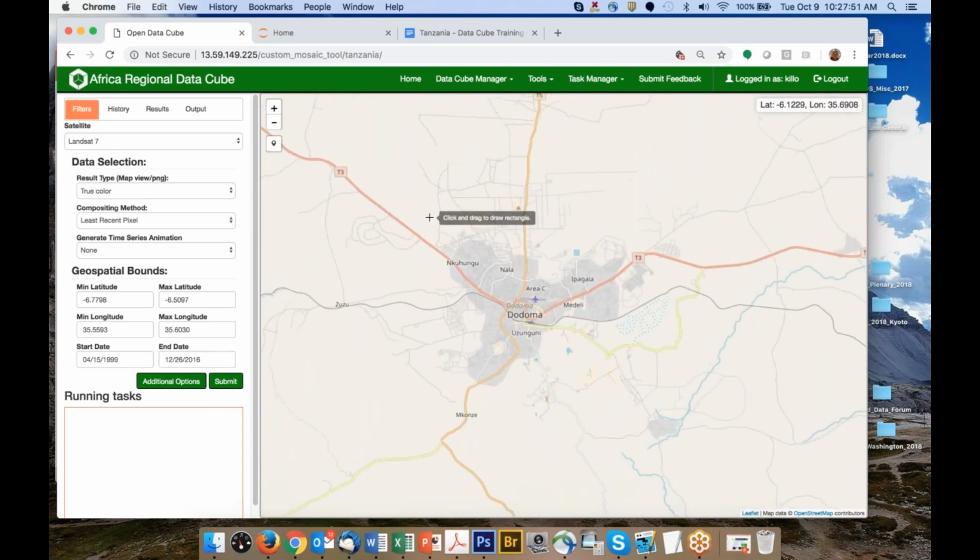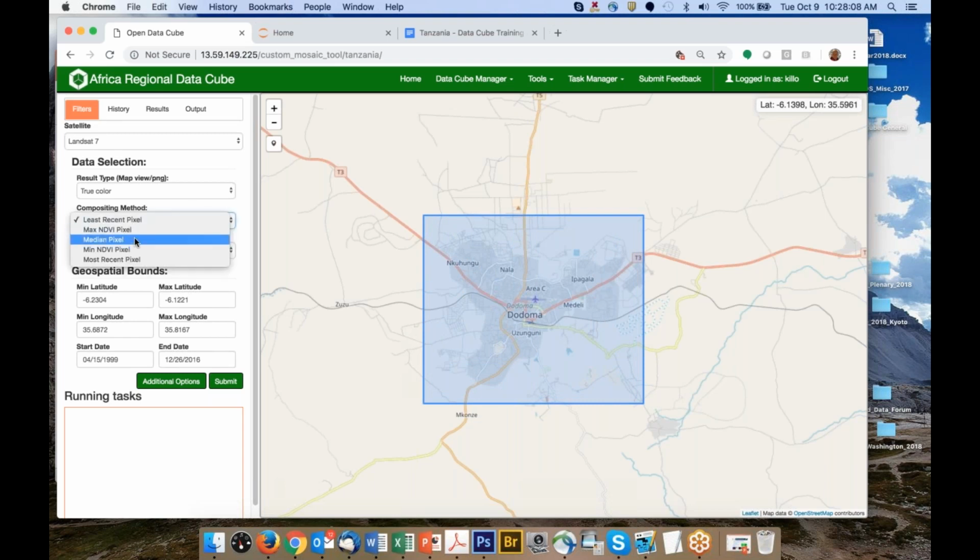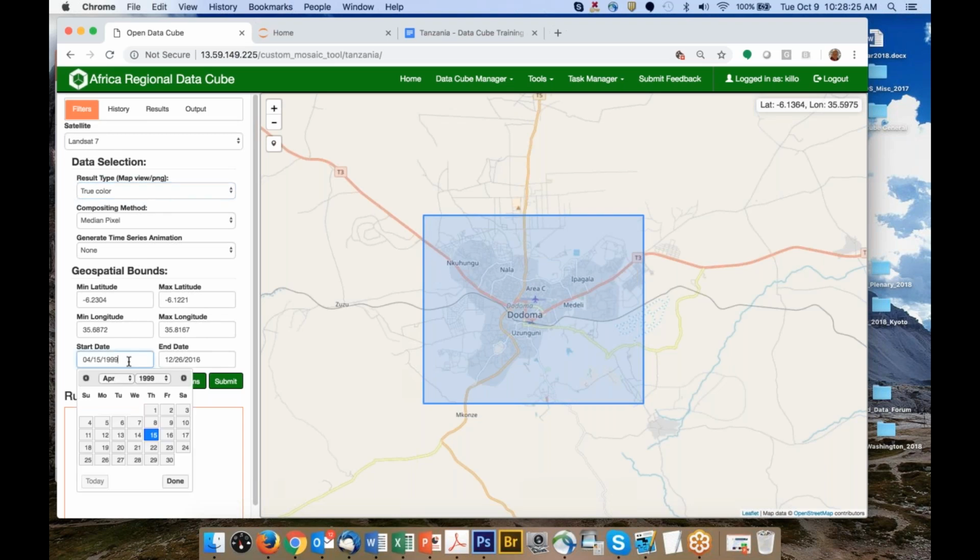But let's just say I wanted to click on an area. So you click and then you drag to create an area. So here's an area I have over Dodoma. What I'm trying to do is create an analysis where I'm going to create a median mosaic. So I'm going to filter out the clouds. I'm going to have true color. It's going to come back as a true color image, which you'll see on the screen is not the prettiest image. Median pixel. I'm not going to do a time series right now, and I'm going to pick a year,